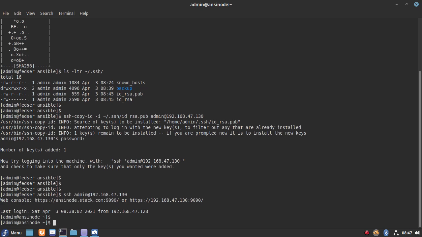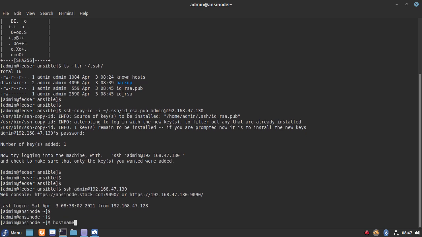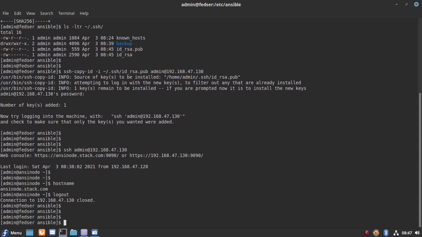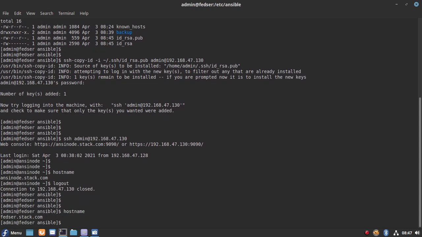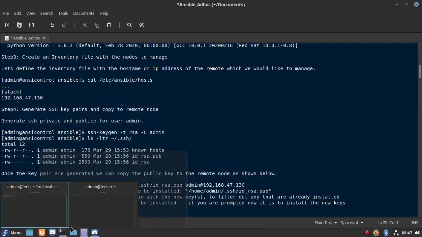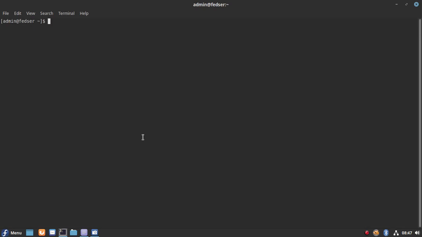This is the remote node. Right now I'm logged in to the Ansible node which we are going to manage. Let me come out of this one, because this is the controller node which I am going to use, the Fedora server, and the other server which we are going to manage is the remote node.